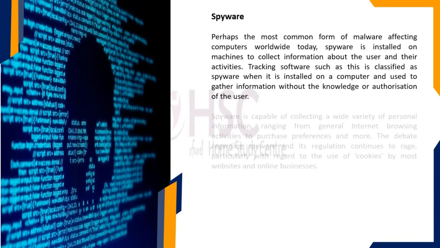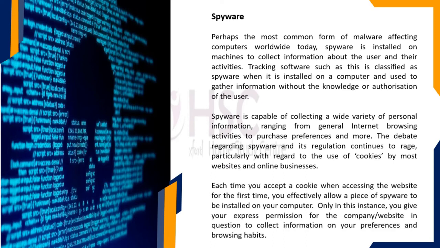Spyware. Perhaps the most common form of malware affecting computers worldwide today. Spyware is installed on machines to collect information about the user and their activities. Tracking software such as this is classified as spyware when it is installed on a computer and used to gather information without the knowledge or authorization of the user. Spyware is capable of collecting a wide variety of personal information, ranging from general internet browsing activities to purchase preferences and more. The debate regarding spyware and its regulation continues to rage,